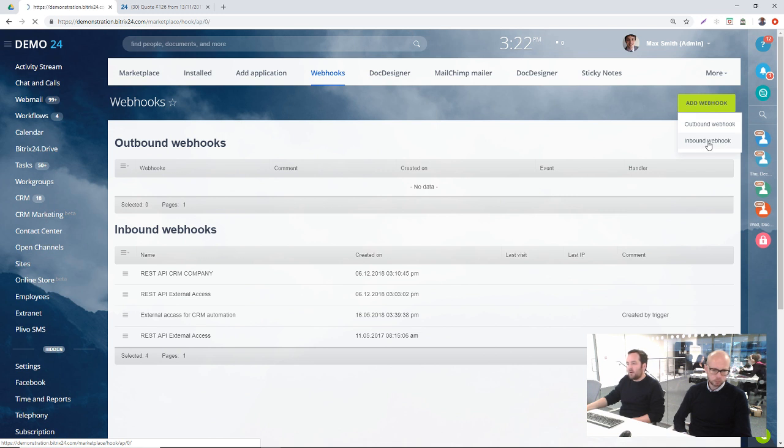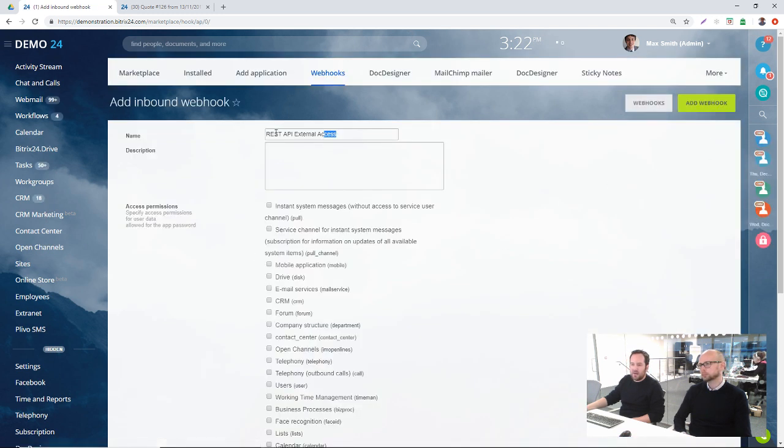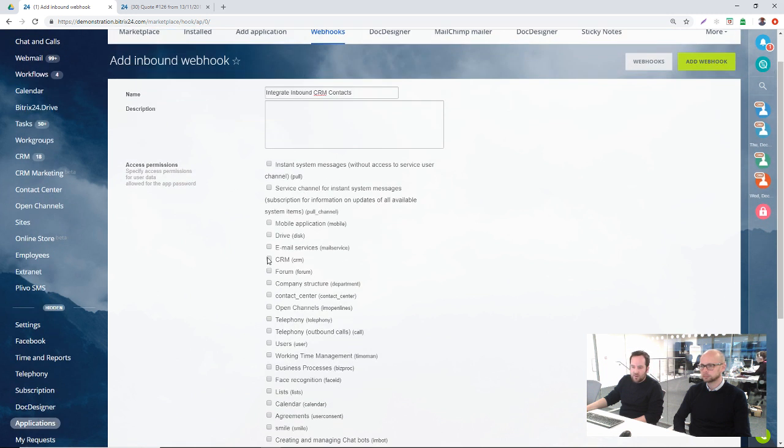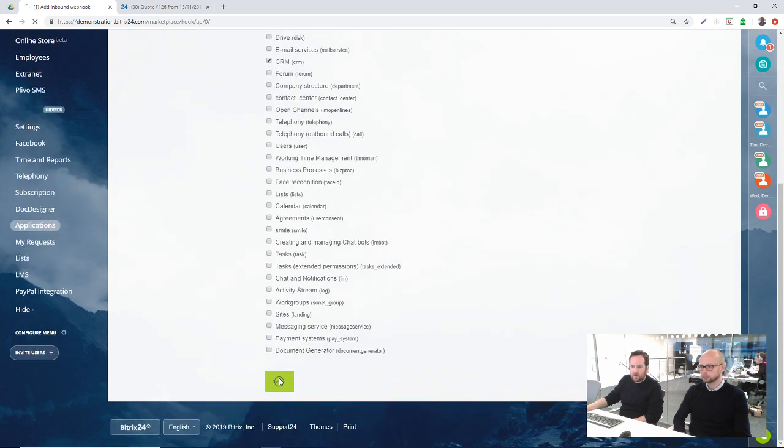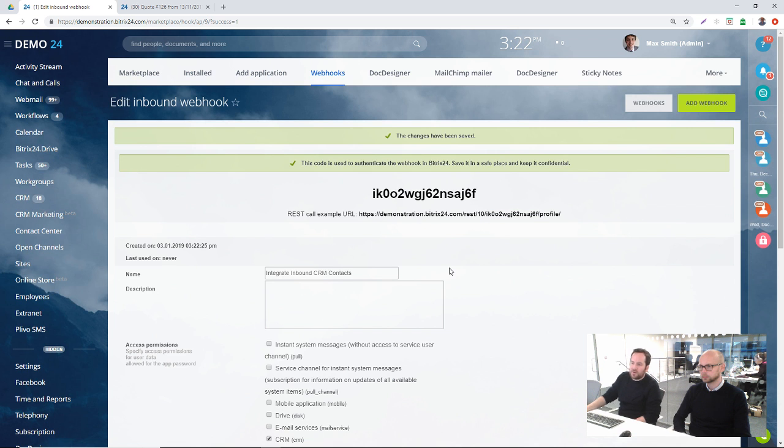Click on inbound webhook, and we can give it a name. So we could say, I don't know, integrate inbound CRM contacts. And then what we can do here, you can see that you would need to grant access to the CRM. And then if we click on save, what that does is it then creates a secret code basically